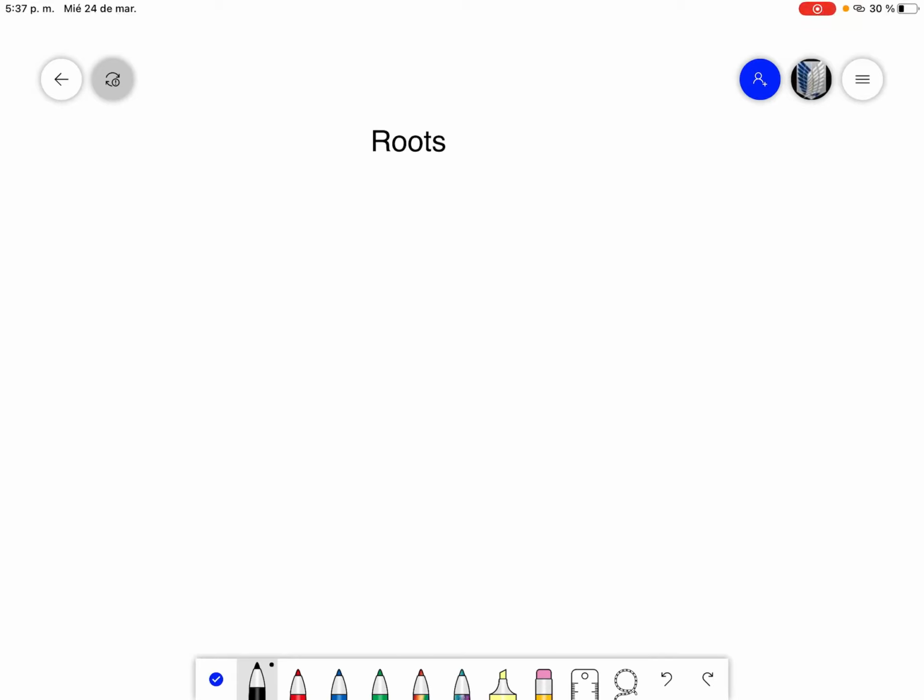Okay kids, in this video I am going to teach you one of the most common topics that we have seen during this term, which is the concept of roots. So you know that the roots are represented when we have this symbol and we have some numbers inside and in this part, okay? So for example, if you have